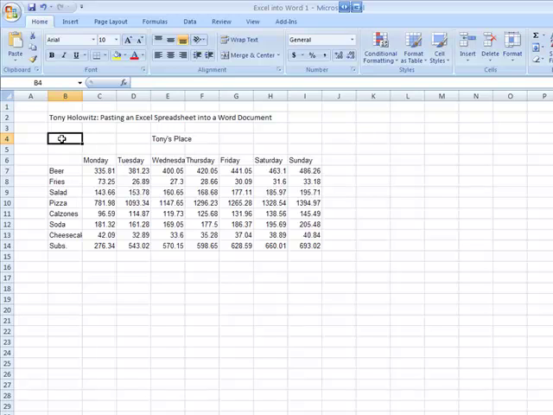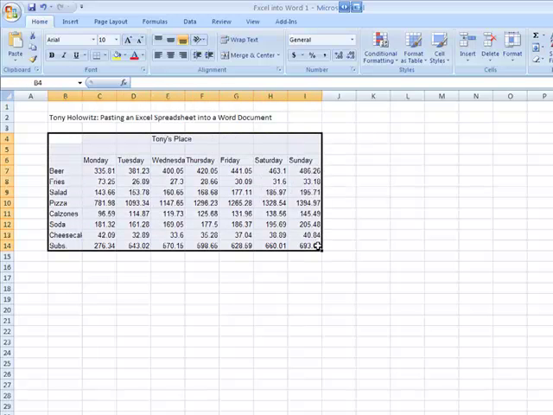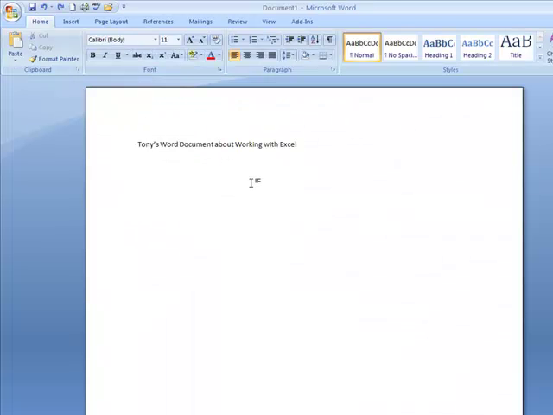In fact, putting it into a Word document is really no more complicated than just selecting something, copying it, and pasting it. So I'm going to grab this right here. I'm going to drag down. I'm going to copy it by doing Control C on my keyboard, holding the Control key down and hitting the letter C for copy. Now I'm going to go back over to my Word document. Right here where we have this blinking cursor, that's called the insertion point, and I'm going to do Control V